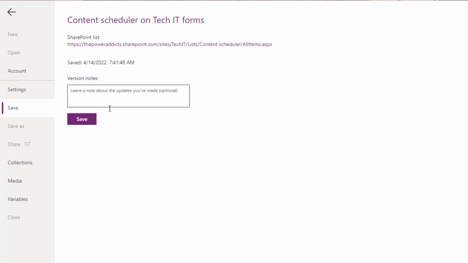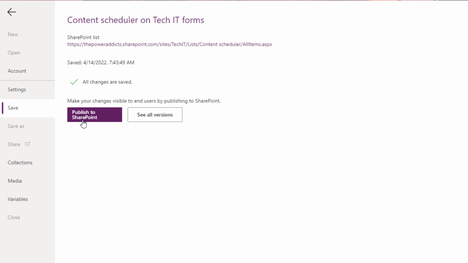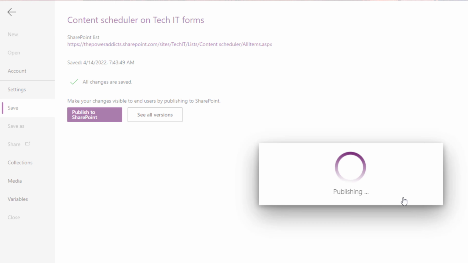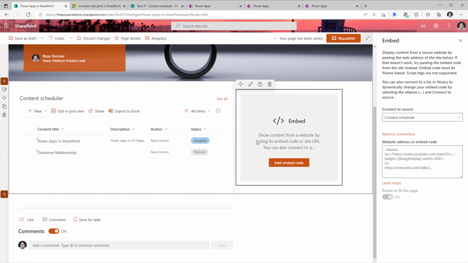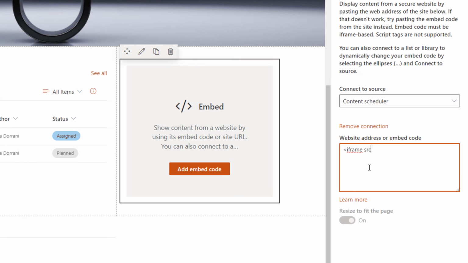Let's go ahead and save this customized list form and publish it back to SharePoint. If I head back to my page, for the embed code, I will plug in the iframe tag, and it needs the source, which is the link to my Power App. And that link would be as follows: